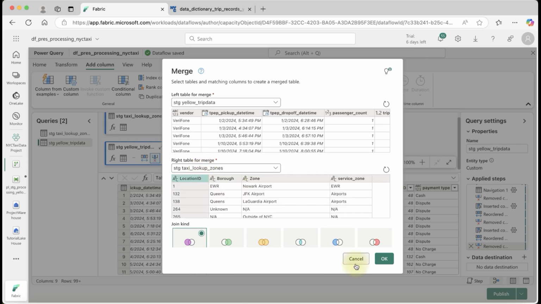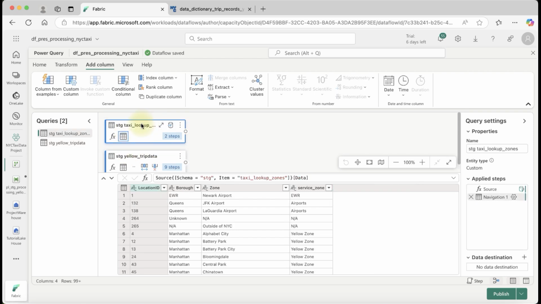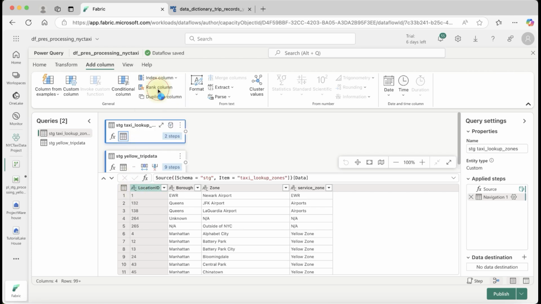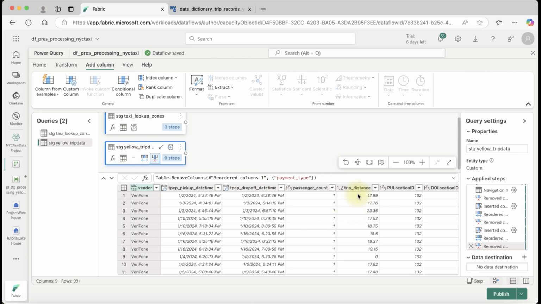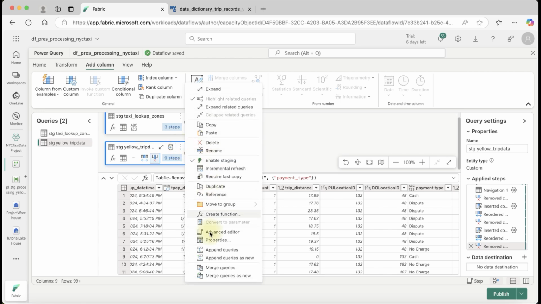So first we need to clean also this taxi zone. So if you go to here and change this data type to whole number, because in yellow trip data this is in number, PU which is number, and drop off which is also number data type. Okay, so now go to here yellow trip data and go to here three dot and select here merge query